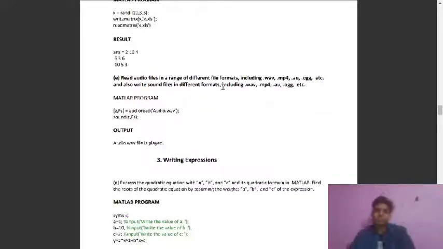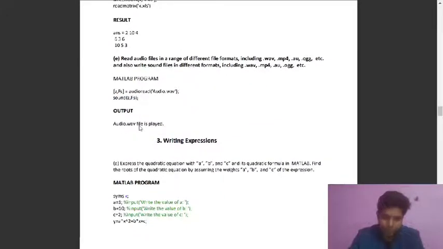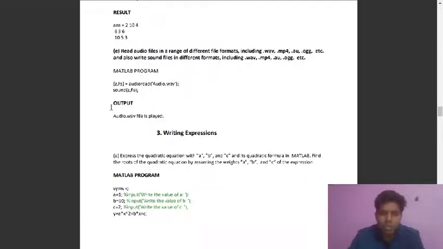Okay, so this is our MATLAB program. Here we are using the audioread function to read an audio file from our computer. I named it audio.wav. So this is the name of our file that we saved in our folder. Then this is sound. What this does is play that audio file. Using this, as you can see, we got output that we played that file successfully.